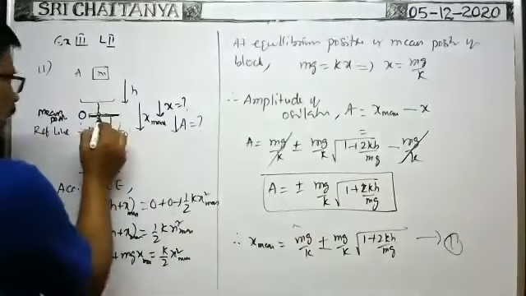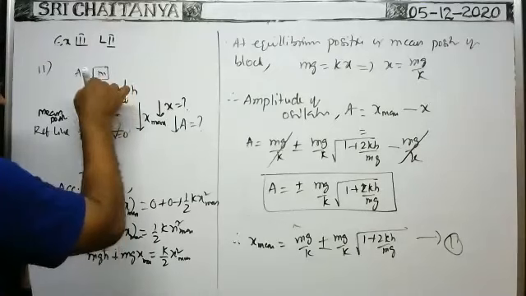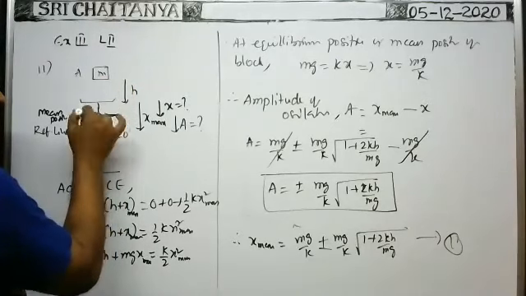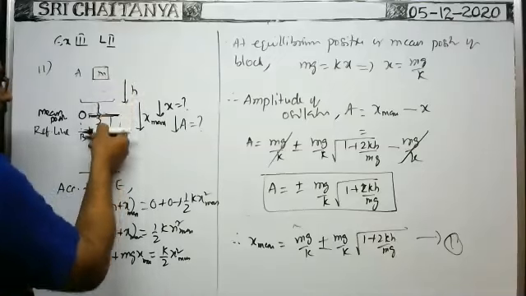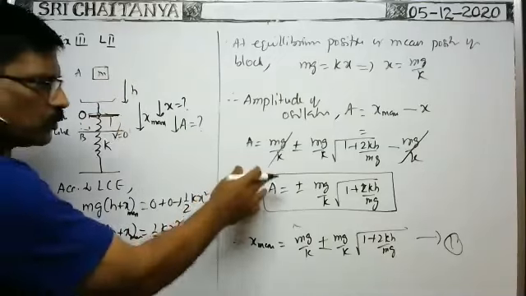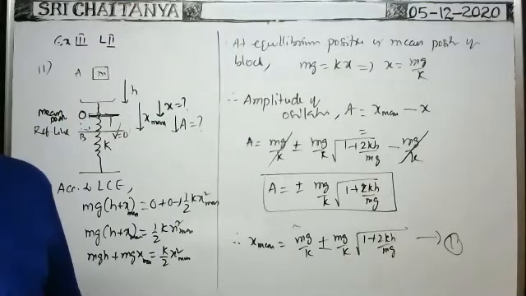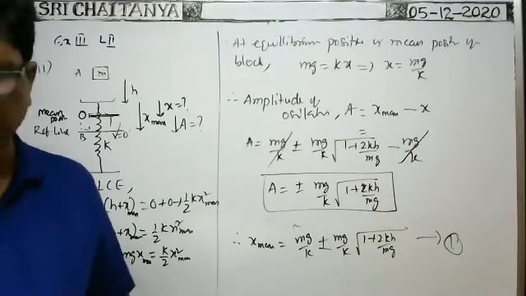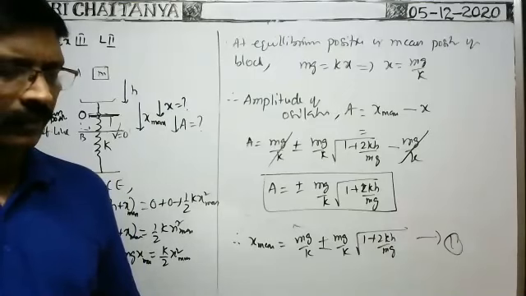Plus or minus appears because, about the mean position, in this direction and in that direction, if you take amplitude negative in one direction, you take positive in the other. That's why between plus and minus A, it makes oscillations about the mean position. So this is the amplitude. Note down. Yeah, C is correct. Only amplitude they asked. This is one of the important problems.